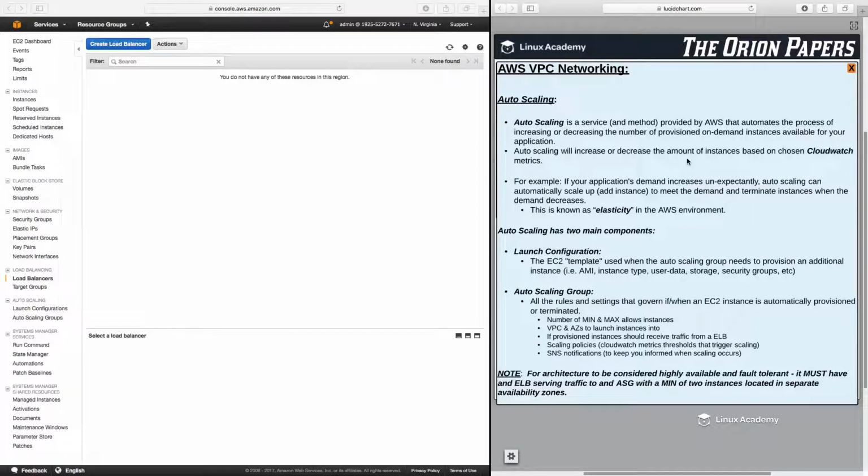For example, if your application's demand increases unexpectedly, so all of a sudden you have many more users than you expected visiting your website, autoscaling can automatically scale up and add instances to meet the demand and then terminate instances when the demand decreases. This is known, and we've mentioned this term several times, as elasticity in the AWS environment. So autoscaling has two major components which can be viewed here, and the first is a